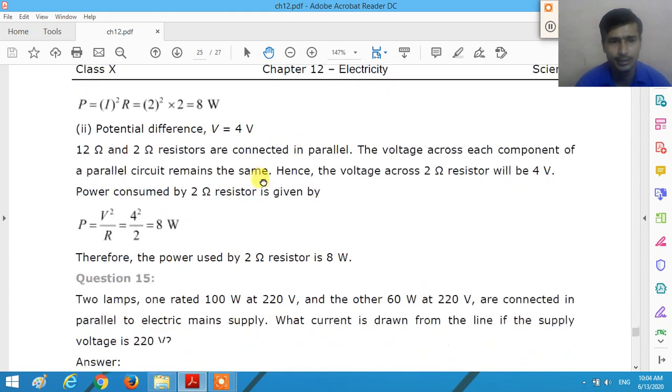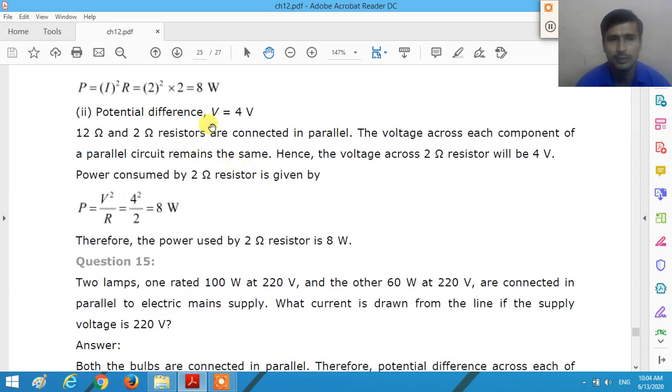In the second case, the potential difference given to you is V equal to 4 volt. Now when 12 ohm and 2 ohm resistors are connected in parallel, the voltage across each component of a parallel circuit remains the same. So the voltage across the 2 ohm resistor will be 4 volt,